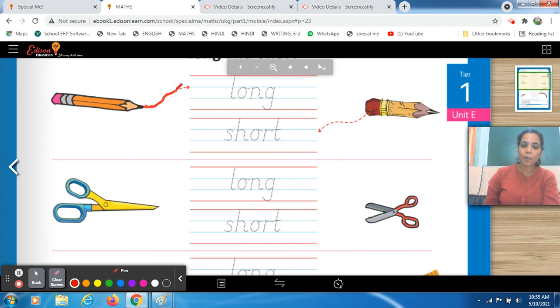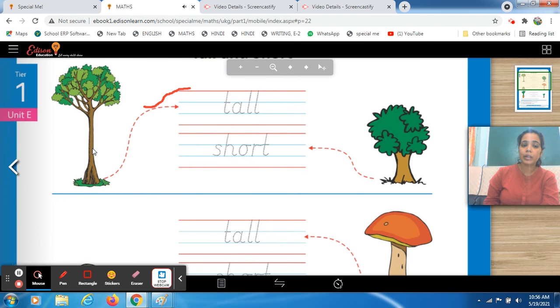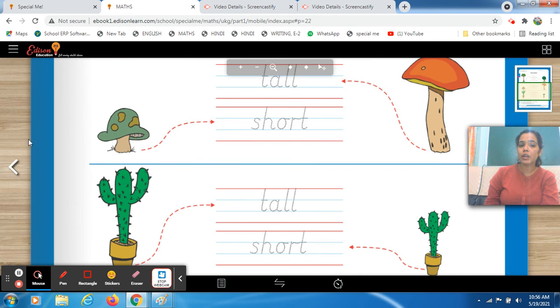This one is long pencil, and in this worksheet as well you can see the objects. आप objects को देख सकते हो. All the objects are in लाइन पोजीशन. सारे ऑब्जेक्ट्स कैसे हैं, they are all lying somewhere, ठीक है. But when you see the previous worksheet, the tree, what is the position of the tree, standing position. This tree is also in standing. What is the position of the next one, this is also in standing position.